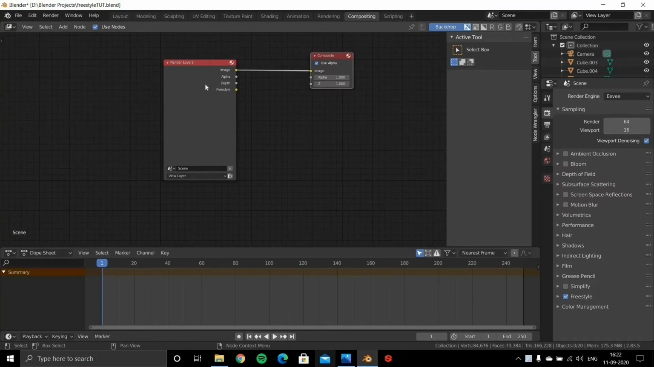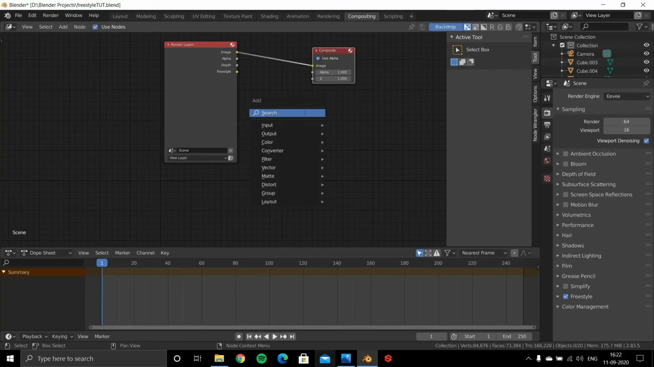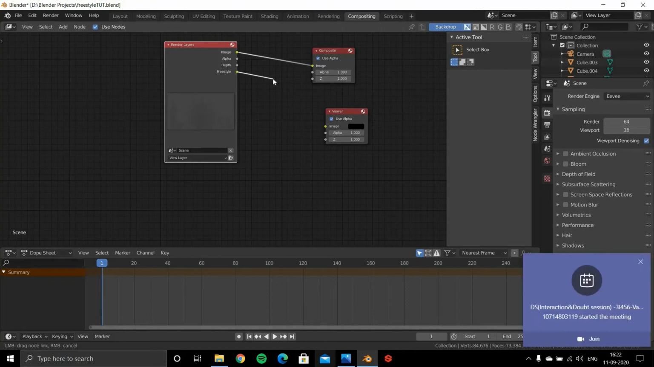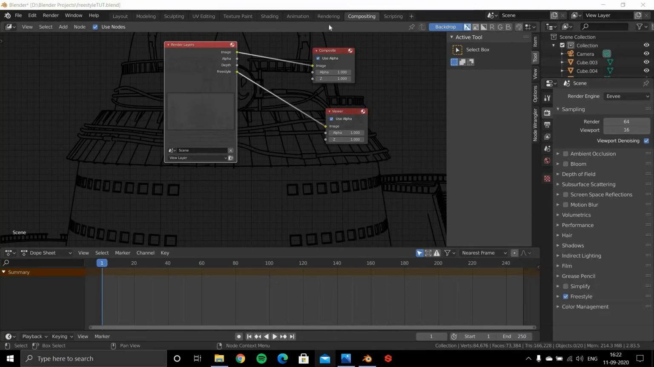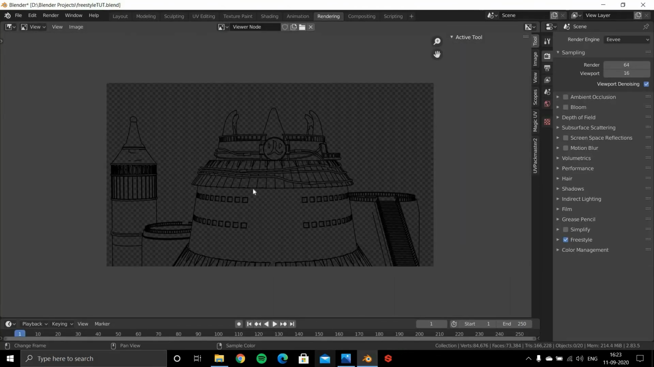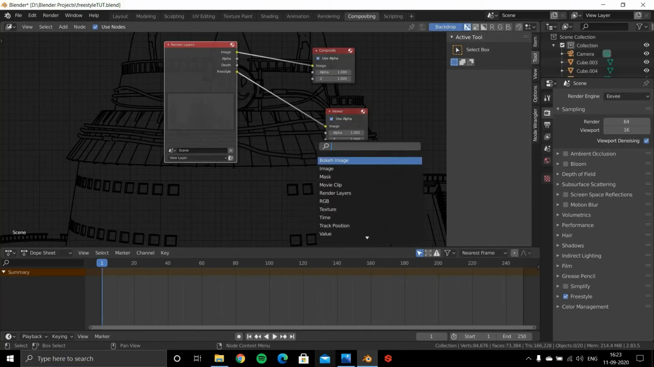So now we have this render layer node and the composite node. We'll bring another node, that is the viewer node, to view things. So we will use this freestyle node and plug this into the image of the viewer. So if we go into the rendering tab and view the viewer node from here, you can see we have a nice freestyle render. So now what we can do is use the mix node,